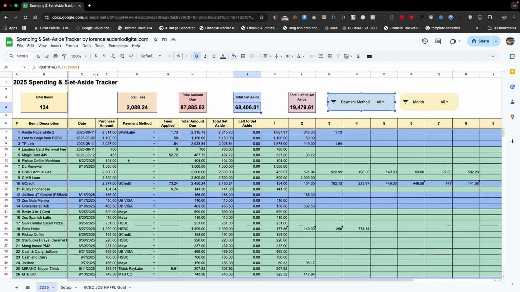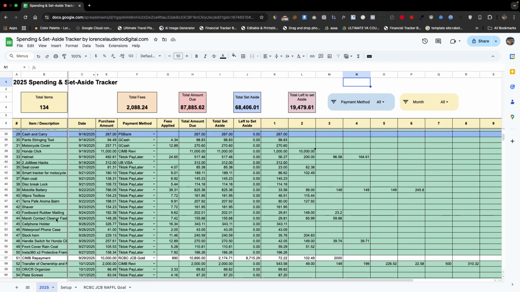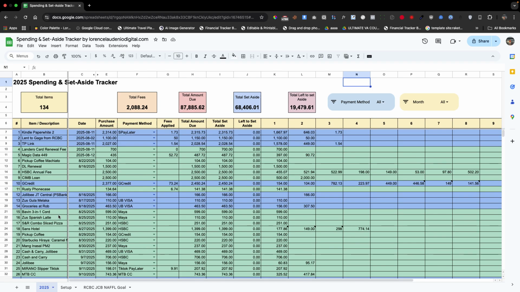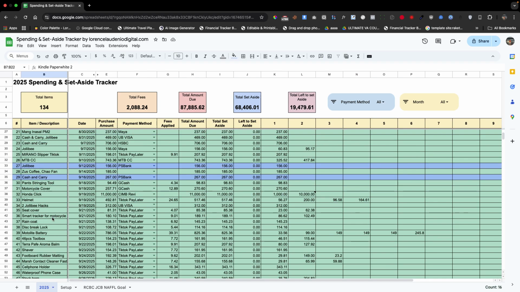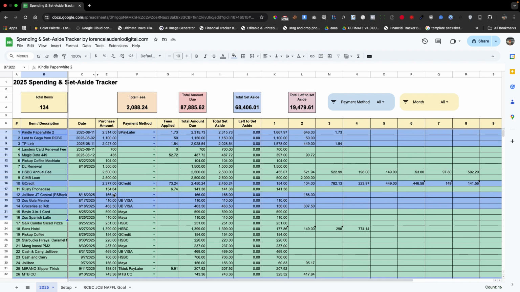So if you want this kind of tracker, guys, and also want to track your spendings, it really is a big help. I showed it only before I used it first, for me to have an example. But this is the actual usage of mine, so this is not a dummy example.